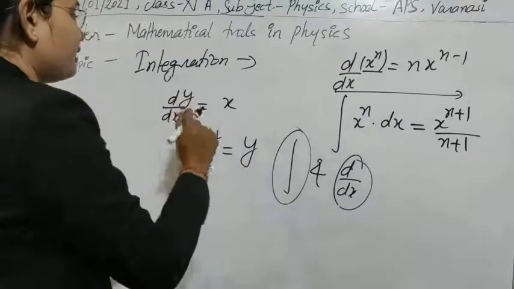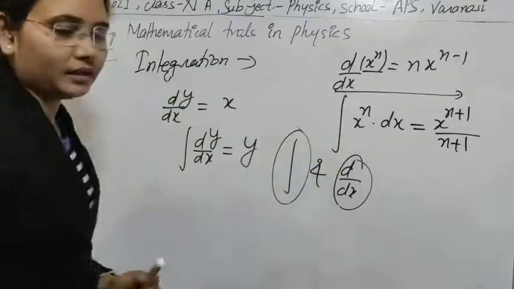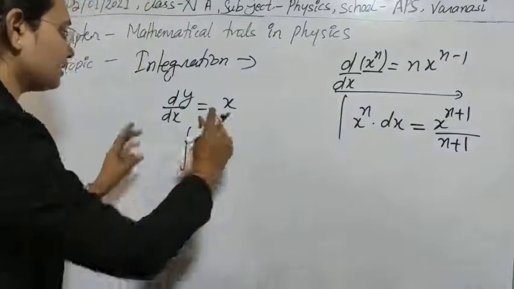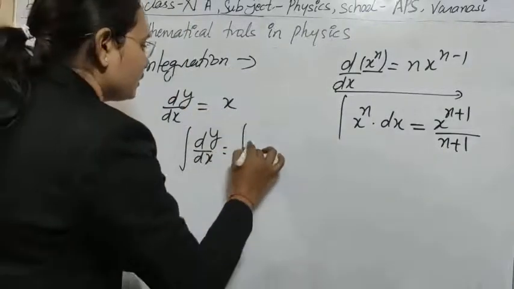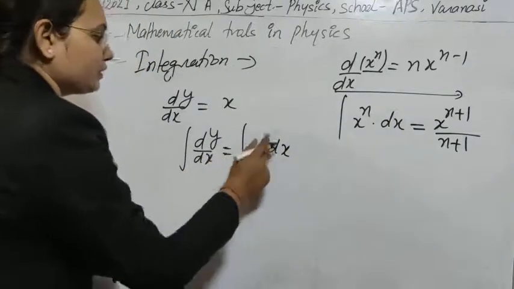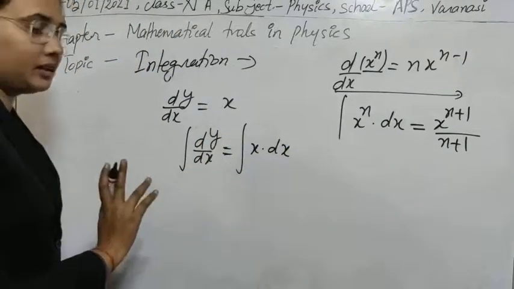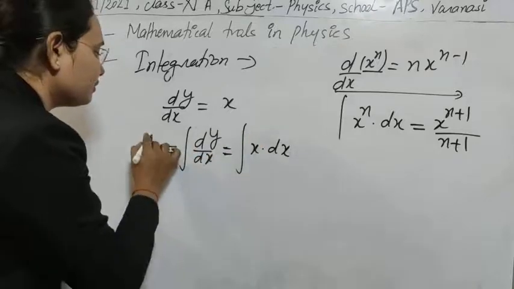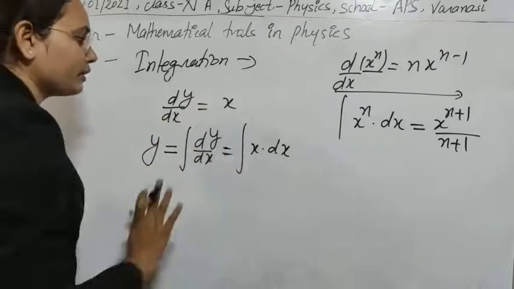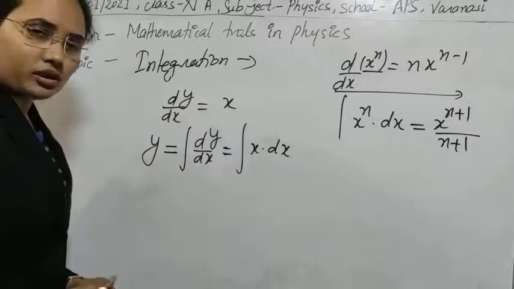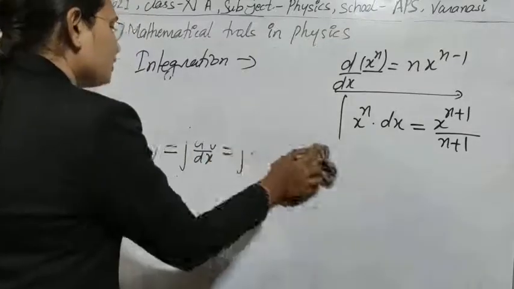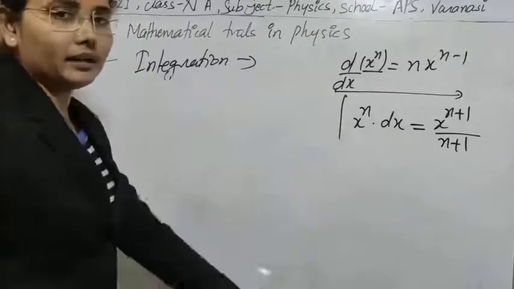Means if you have to find out y, then how can you find it here? Just take the integration sign on both sides. If you are differentiating with respect to x, integrate also with respect to x here. Variables will be the same here also, and this value will be equal to y. So the differentiation of this is written as this, and now you can solve it by this process. Later I will tell you how to solve differential equations also, students. So I think now it is clear how to integrate any quantity.